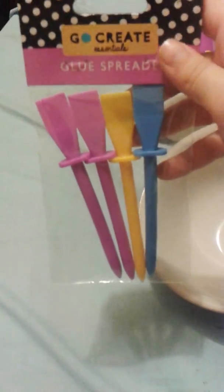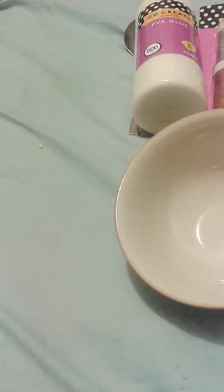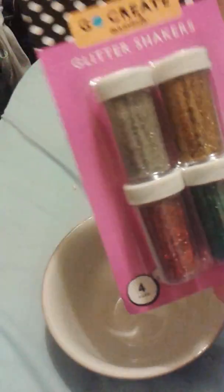You'll need a little container to put your things in, and you're going to need something to mix with. I'm just using these glue spiders, a bowl to do it in, glitter, optional, and the food coloring is also optional, glue, and